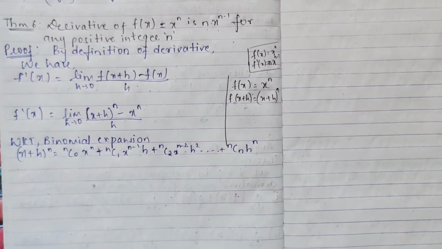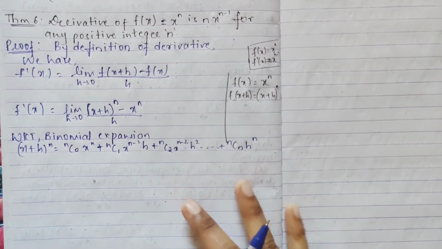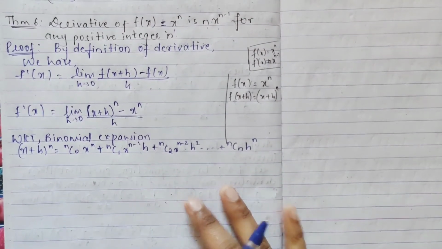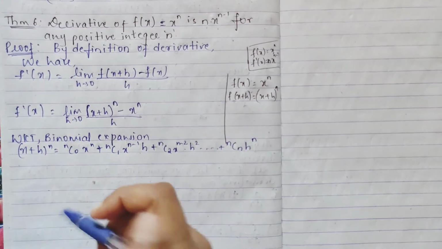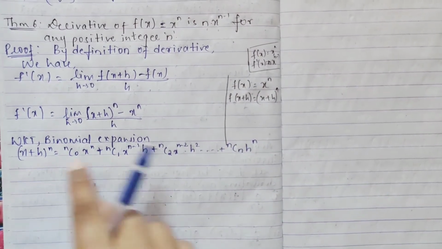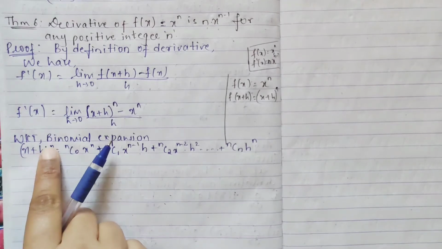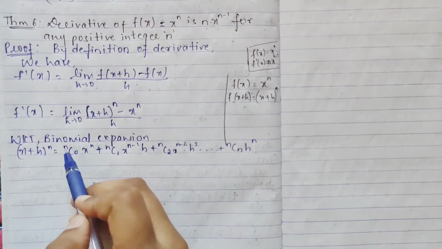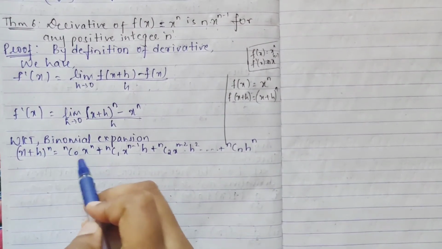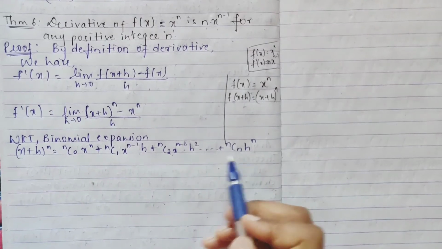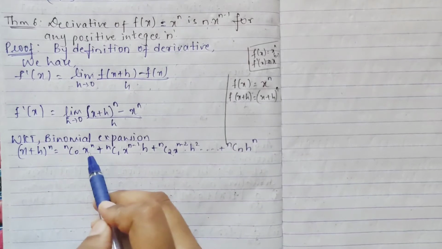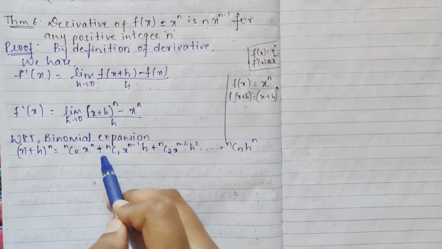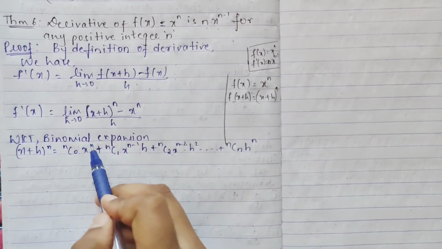Okay, this topic, for the time being, I guess they have removed because of this pandemic, but binomial expansion means like this. This is your binomial expansion, remember it: (x plus h) whole raised to n. Anything raised to n, how we are going to do it is with combinations. Using combinations, nC0 x raised to n, plus nC1 x raised to